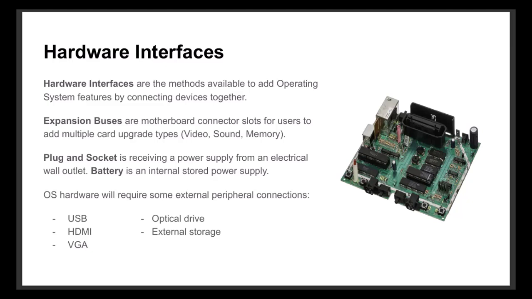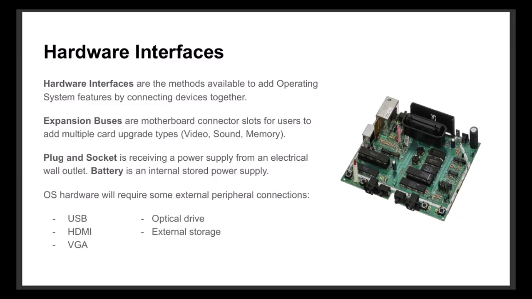Some hardware interfaces that interact with our operating system include our CPU, memory, storage, as well as our expansion slots and buses that we find on our motherboard. Our operating system will also allow us to connect with peripheral interfaces. These will be items such as USB flash drives, optical discs, as well as cable connections such as HDMI, VGA,